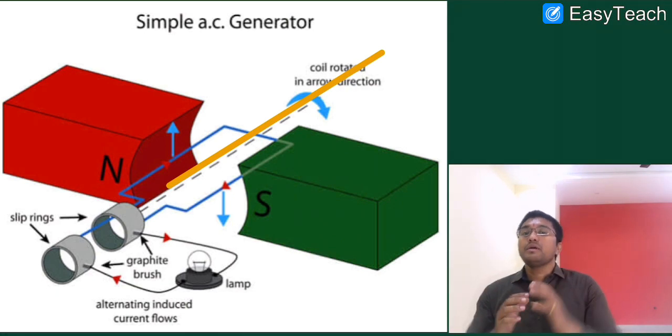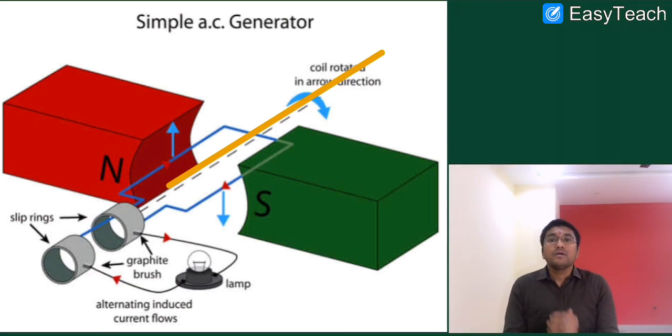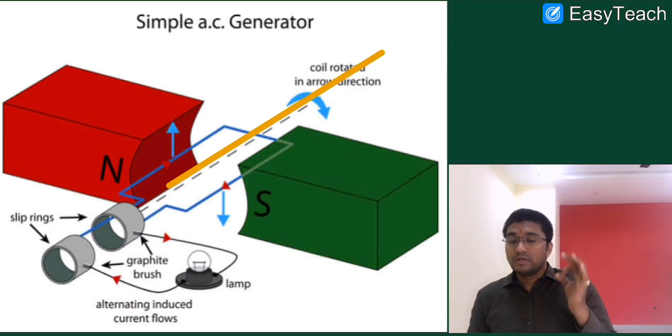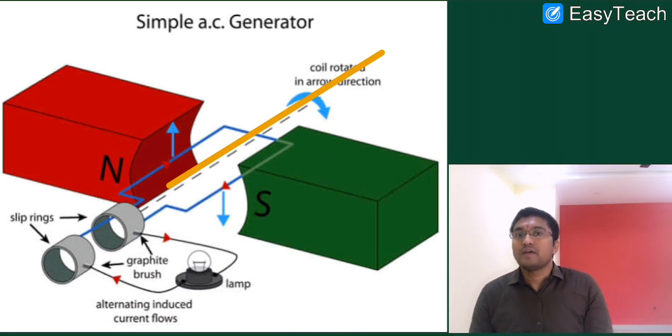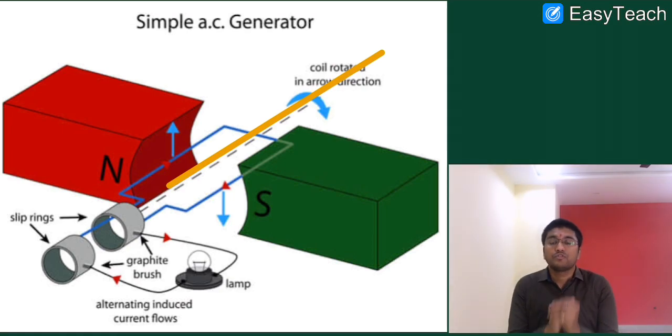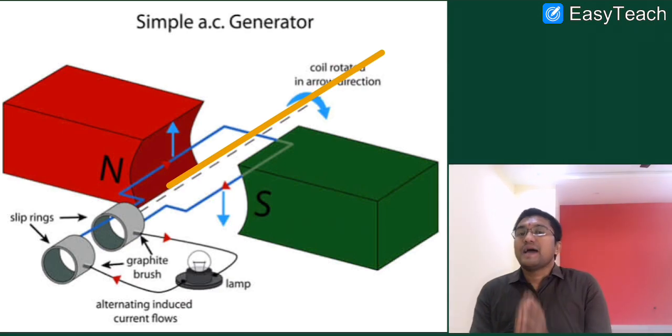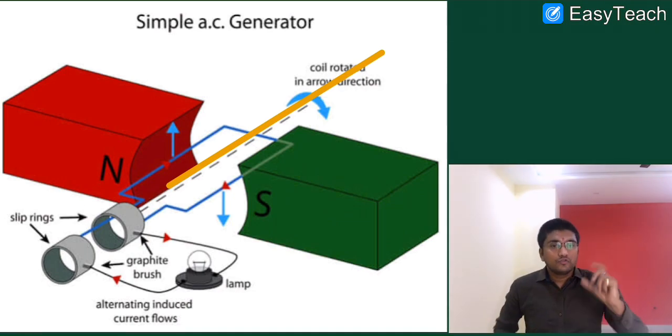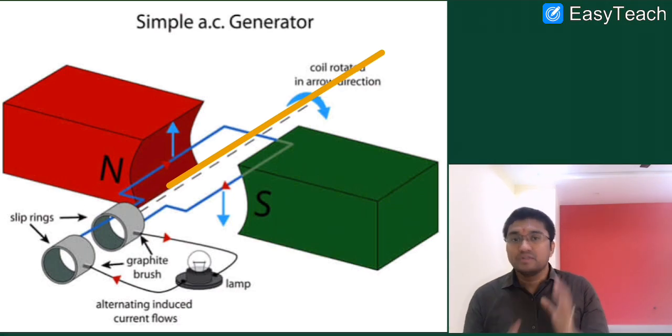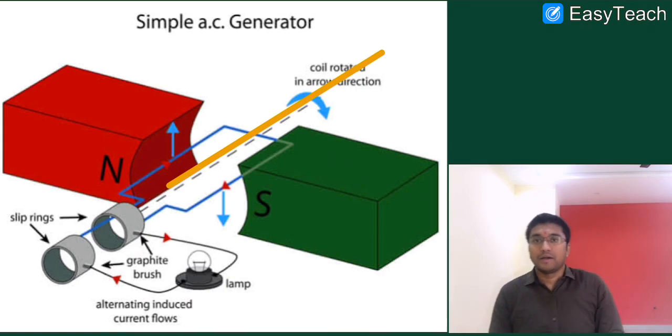In the same way, the electricity generated in our country has a frequency of 50 Hertz. That means the change in direction of current is 100 times. The bulb which is lighting up in our room is switching on and off 100 times, but the frequency is high, that's why we can't identify that.